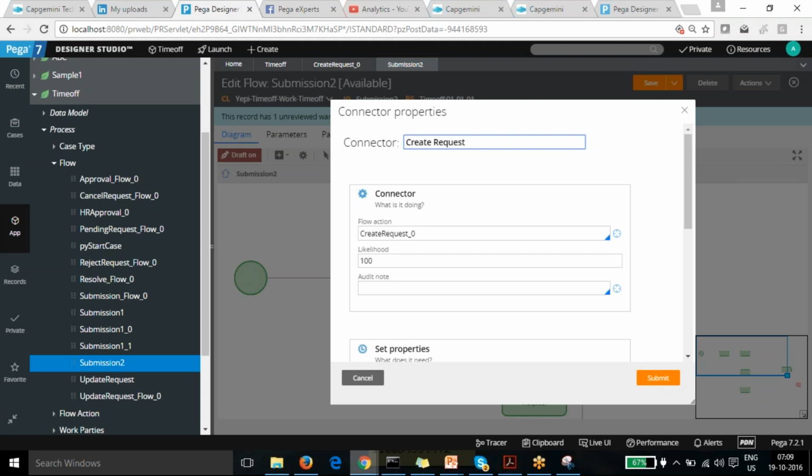Okay, so at that time we have to again switch on the draft mode. Yeah, actually on that time also, if you need to make flow changes, it's not mandatory to do that. You can make the changes with draft off also. So it doesn't mean that you cannot make changes in draft off mode. But if you need that, you need to complete the things before testing it. Okay.